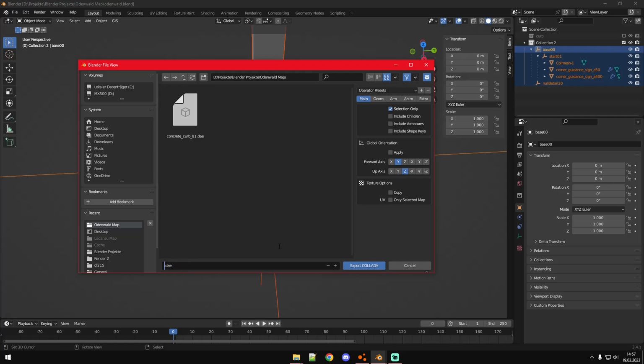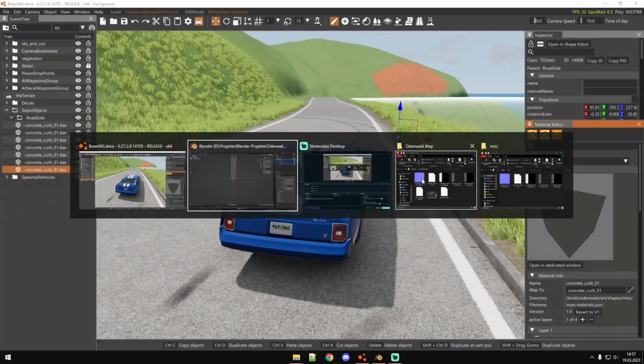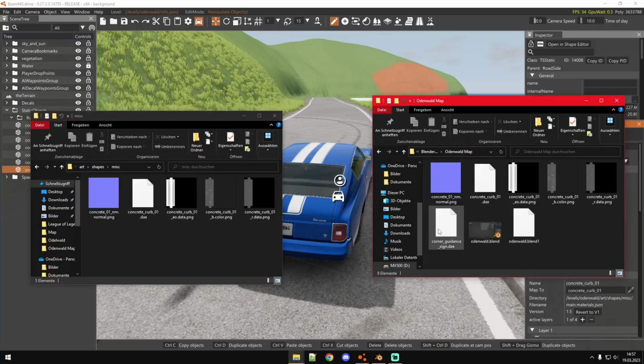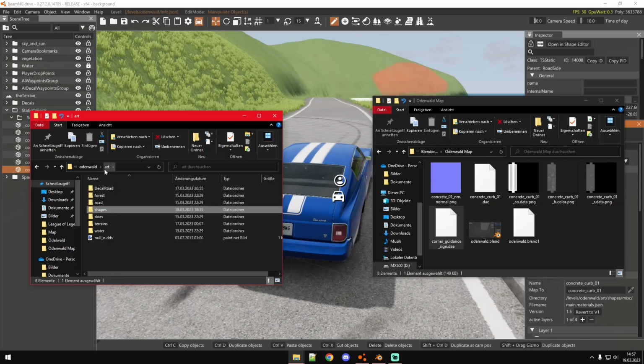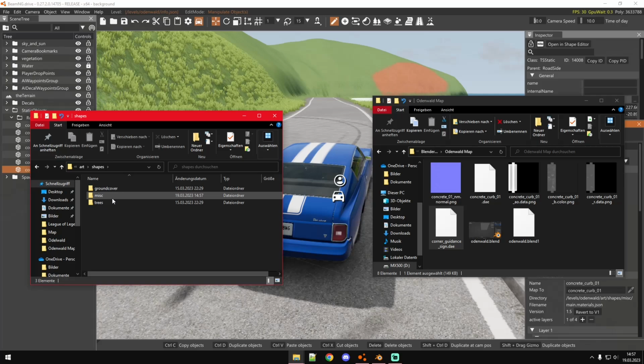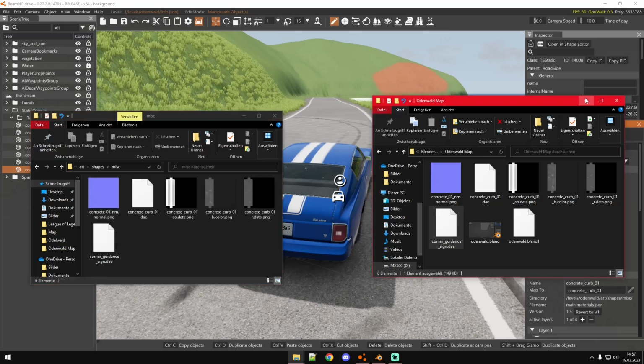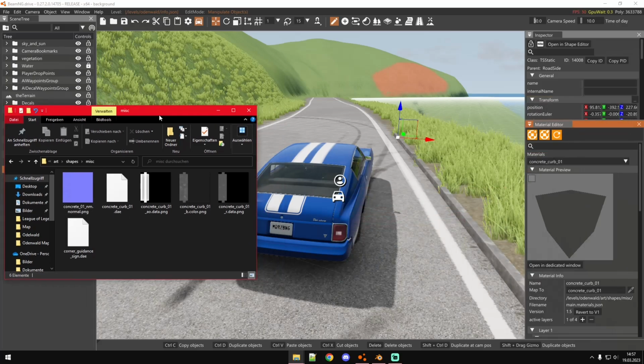I'm going to call it corner guidance sign, because I don't really know how you would actually call it or what the proper name for it is. So here it is. Let's put it into the art folder, and then art, and shapes, and then whatever subfolder you want of your map mod, and